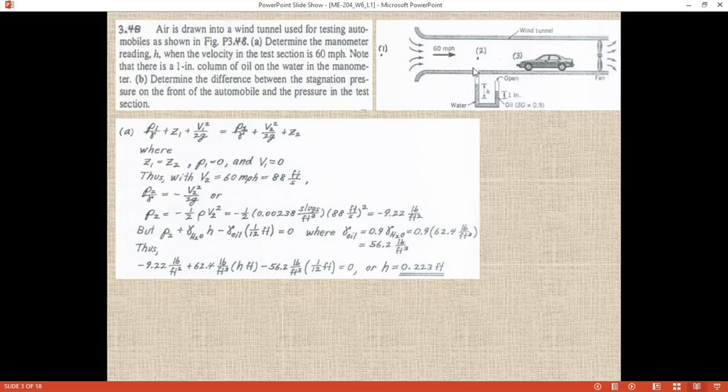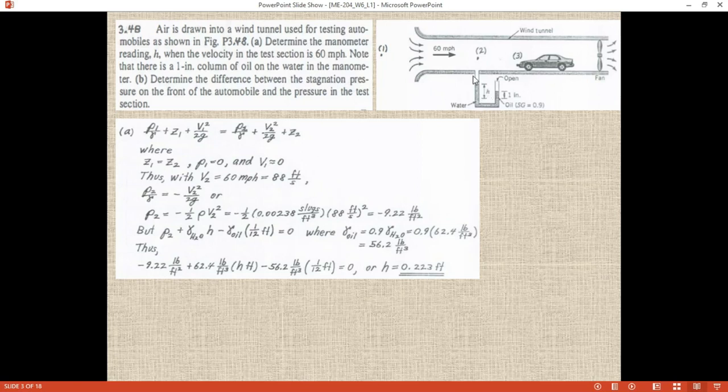So you can see there is a negative pressure, there is a suction pressure, because this fan is sucking air from here. So that's why we are getting the negative pressure here. Okay, so this is the indication, the negative static pressure. Okay, so now we have to find out H.